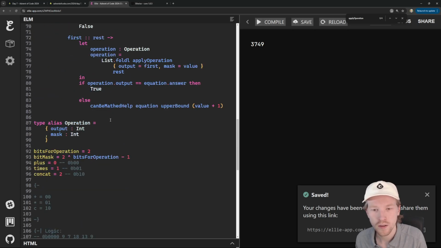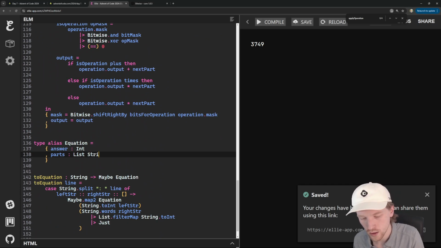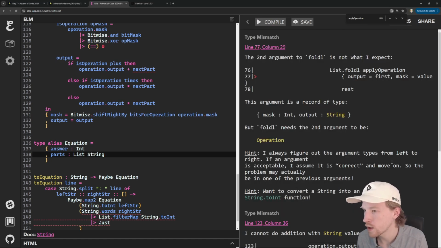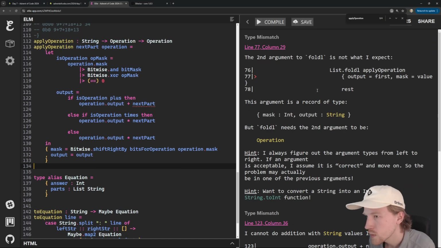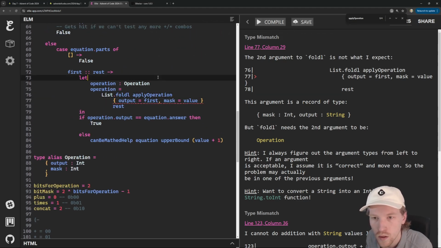So equation is defined somewhere. So this is a list of string components. I'm going to hit compile. I'm going to let the compiler guide me through everything. So what we're trying to do is on 77, we are going to say